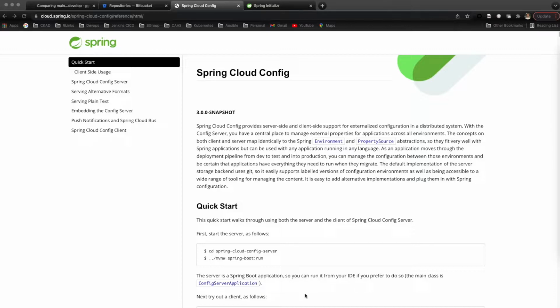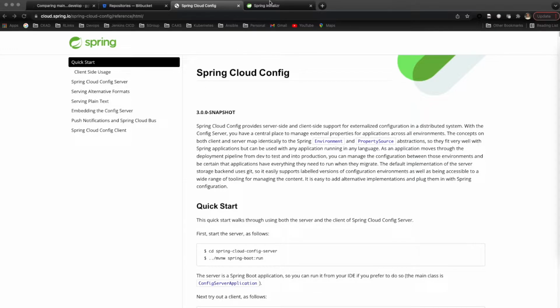So this one we are going to use in two places. One is for Ansible, another one is to create our pipeline map jobs. So I will explain those things in a later part, but for now let's try to understand what is Spring Cloud Config Server. So how to start a Spring Cloud Config Server project?